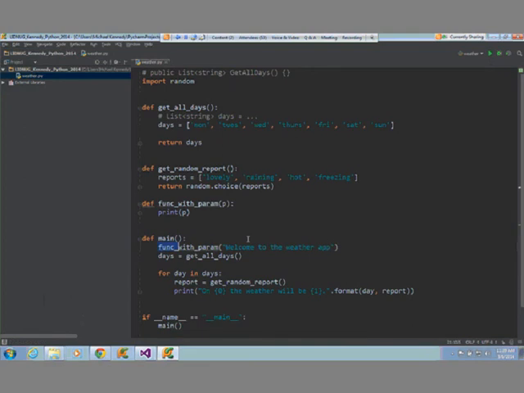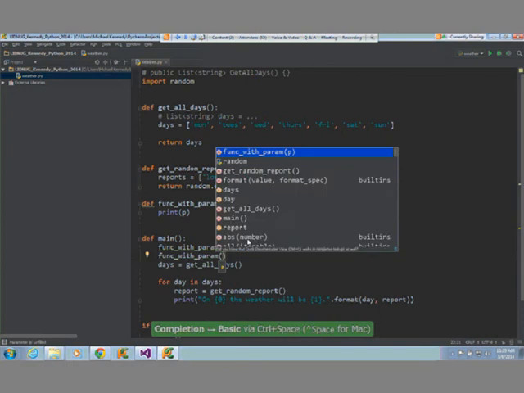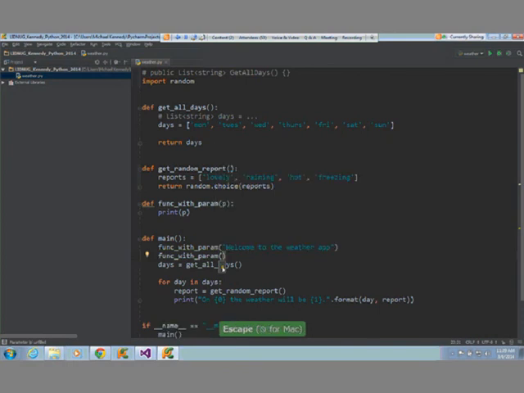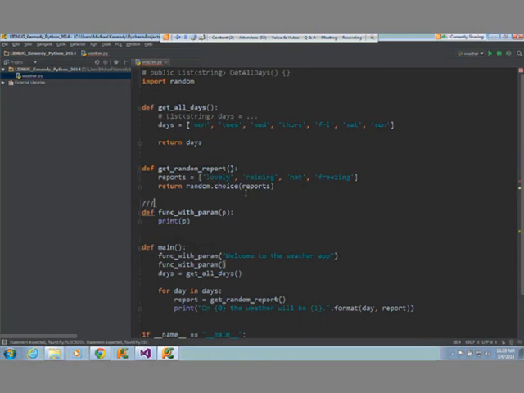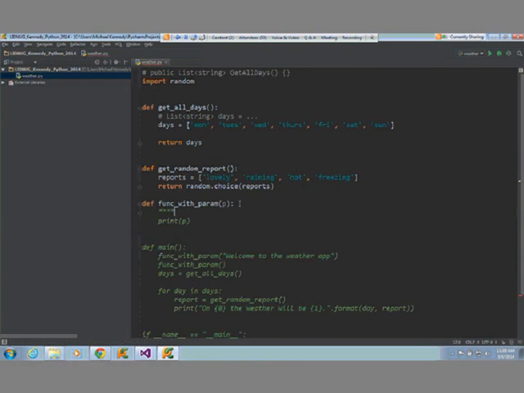So if I come down here, it doesn't really know what p is supposed to be. I can get IntelliSense and it says there's a p that goes here, but I don't really know what it is. In C# you can go // and it'll create the summary information. I can do that here with triple quotes and say this prints whatever you send it.